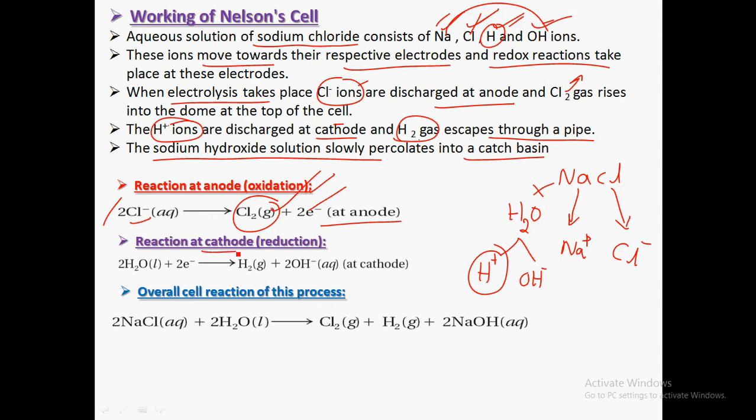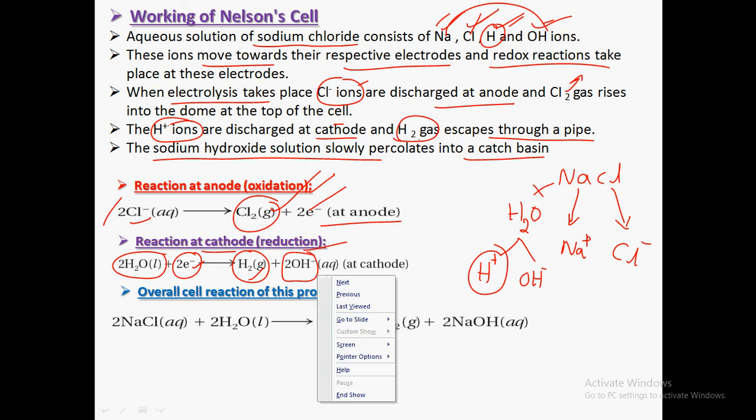Reaction at the cathode, which is a reduction reaction, where you can see what is actually happening. Water molecules take 2 electrons and break down in the form of H2. In the beginning it forms H plus, and H plus collects these 2 electrons, and the remaining hydroxide OH minus is separated, which reacts with sodium later on. Actually this is the step that takes place at the cathode.